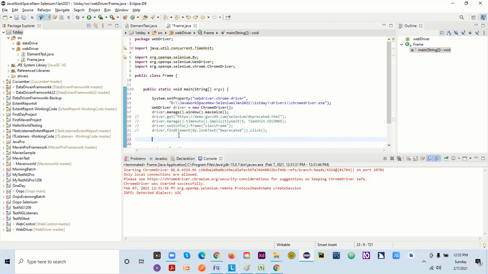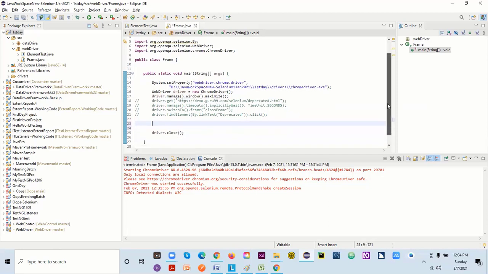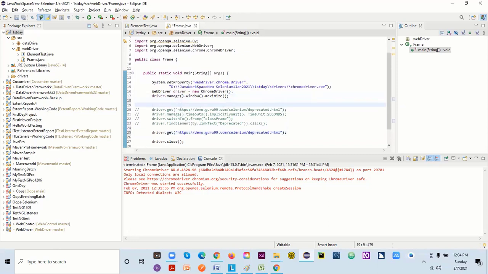There will be using some different thing actually. So let's try that. So what I'm gonna do, I'll just copy this one. Okay, my browser is maximized from here. I'll be just using this one. I can say this is for my, okay, this is my frame. So whenever you will be using this, you will know that the code we have written is for frame, and the below one we'll be using for alert.